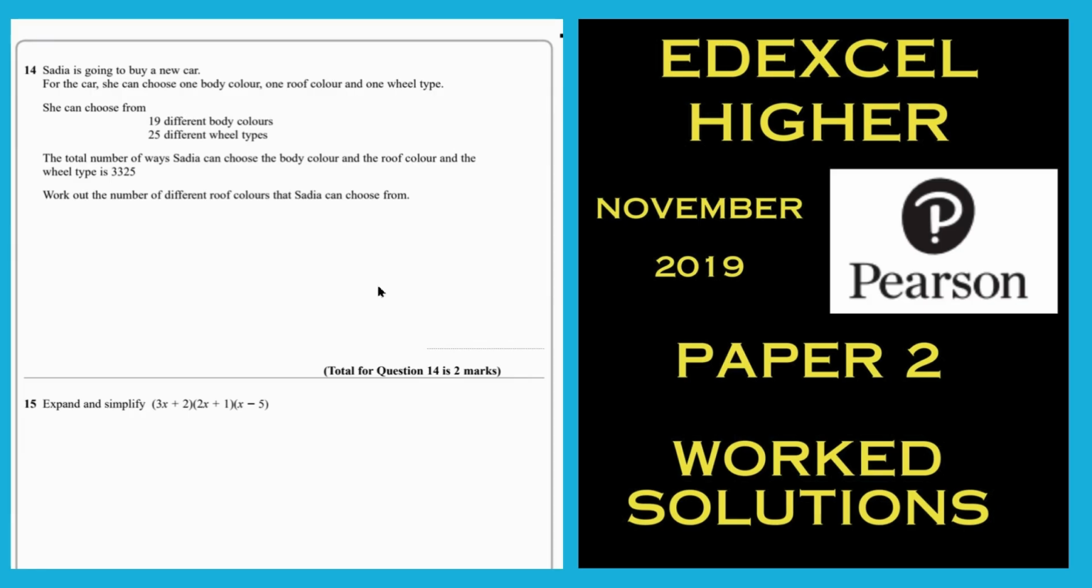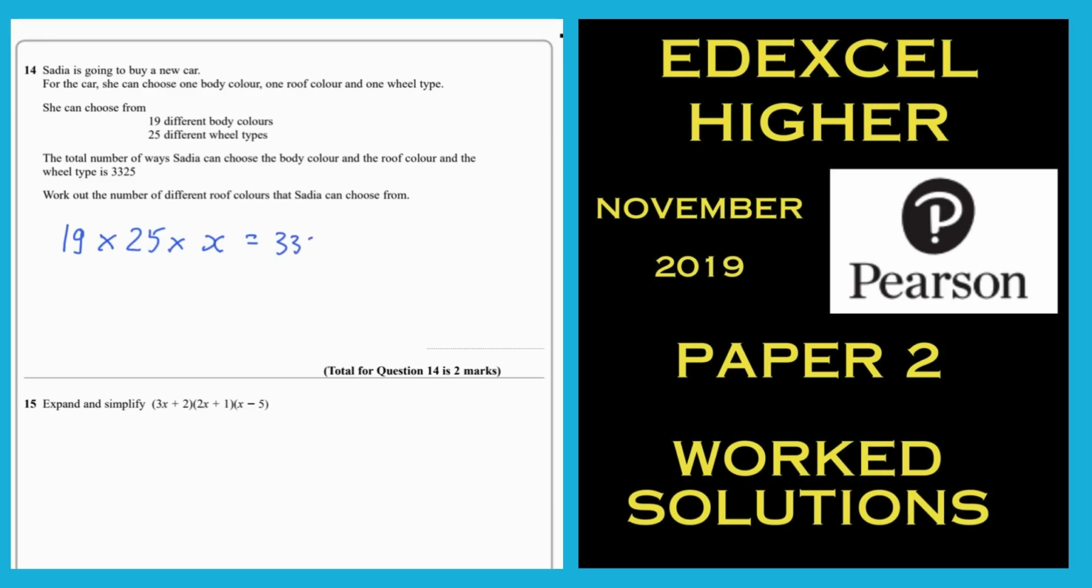Number 14, I'll attack this in a similar way to what I did for number 13. It's amazing how you can use the same technique for lots of different circumstances. Feel free to read it all, but ultimately, it's one of them permutations, combinations. The idea is she can choose from 19 different body colours, 25 wheel types, and we don't know how many roof colours. But when these are multiplied,